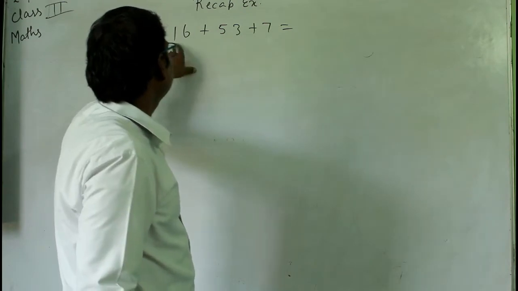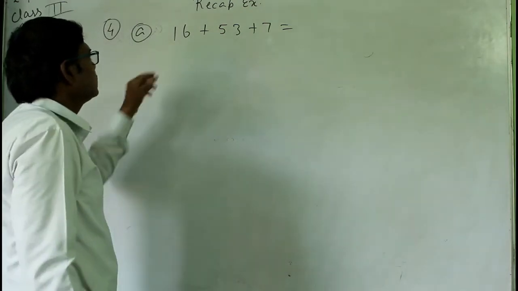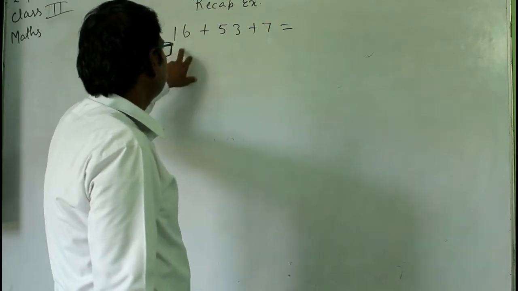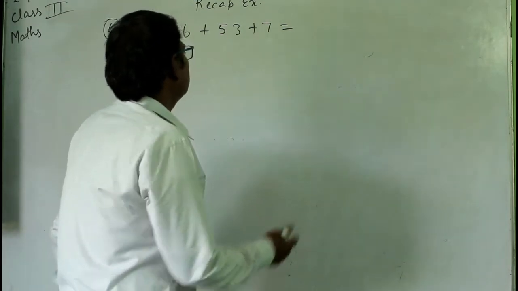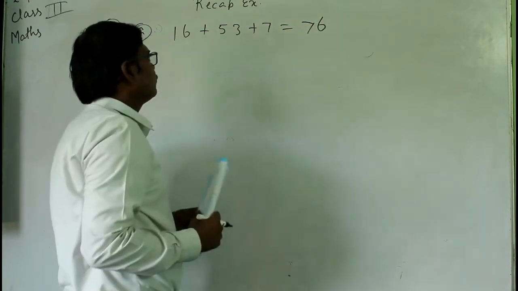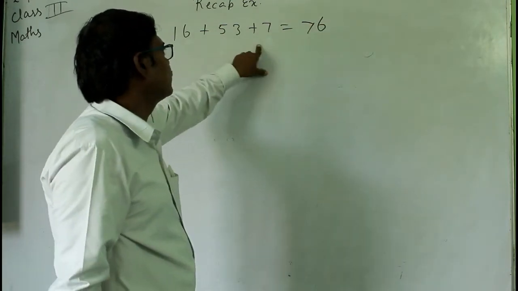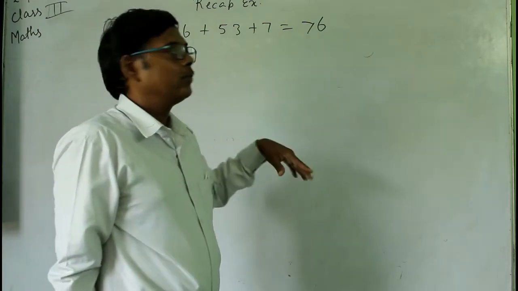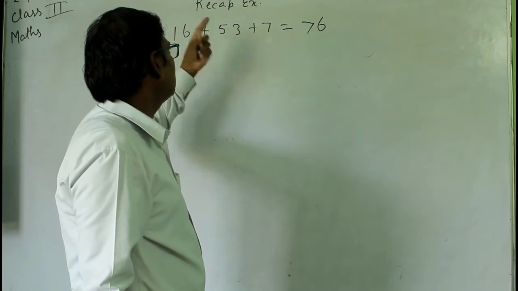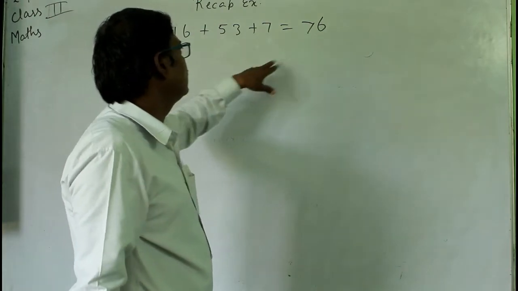Then 60 plus 16. Then again 60 plus 6 will be 66 and 66 plus 10 will be 76. So here answer will be 76. Okay, so first you will add these two numbers. Okay, 53 and then count. Then you will have the 60 answer, then again count 16 more, then you will get 76.